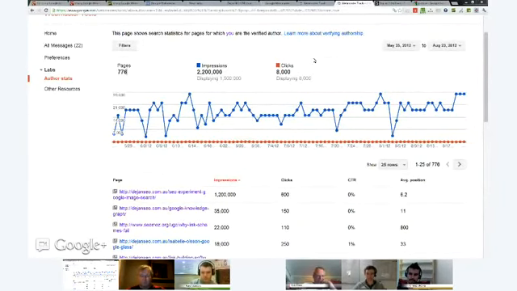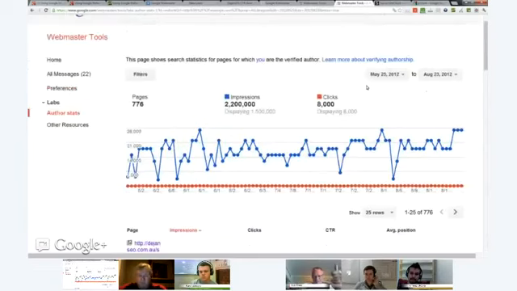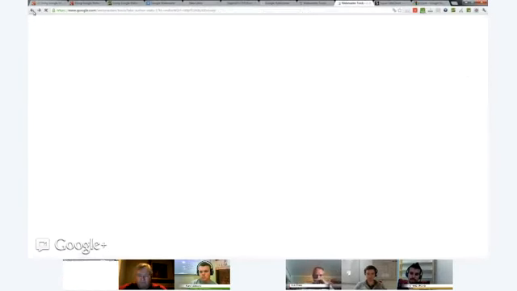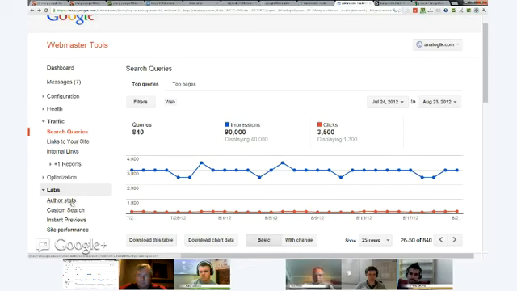Okay. So this is the page. Is this big enough? Here's another zoom in. Okay. So what I was saying is we were looking at a website before. This is a particular domain we're looking at, but if you click on labs and author stats,